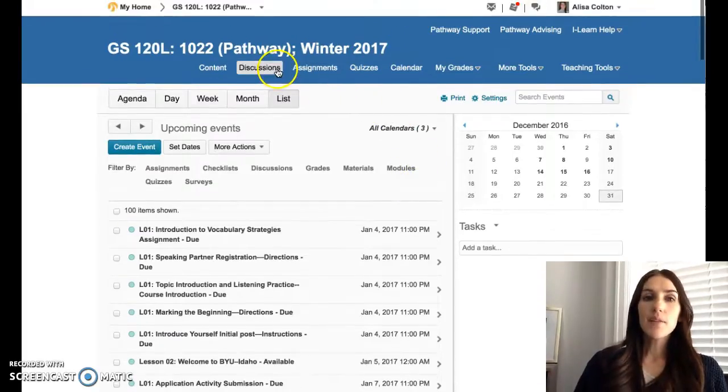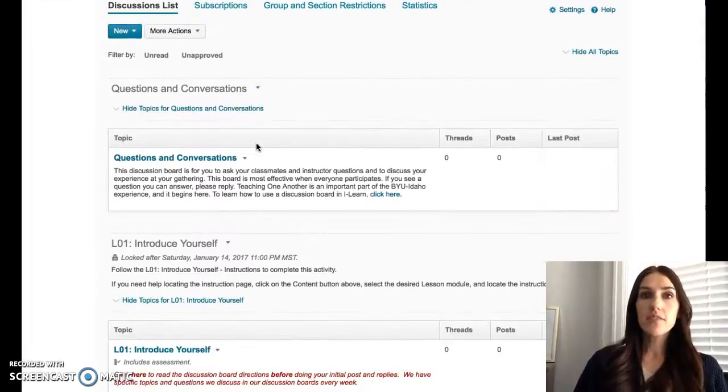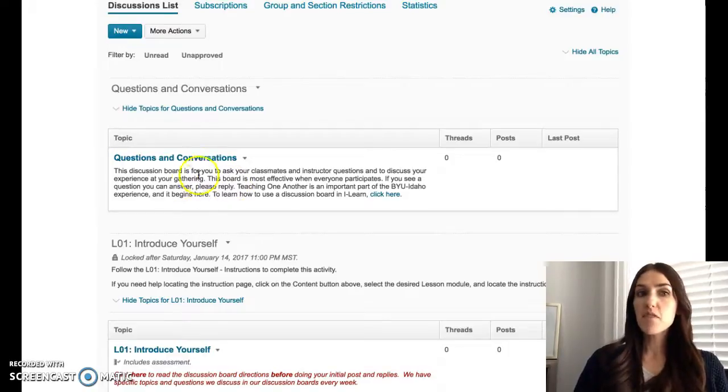The last thing I want to show you is the discussion board, because this is a great place when you have questions. There's different spots on this discussion board. The questions and conversation section is where you'll go if you just have a question that you think maybe other people in our class could answer, or I check this board each day as well and I can answer. If you don't want to send me an email, or even if you just want to make a comment, I'm going to try to add more boards that are like a good news board, where you can go and share good news so we can get to